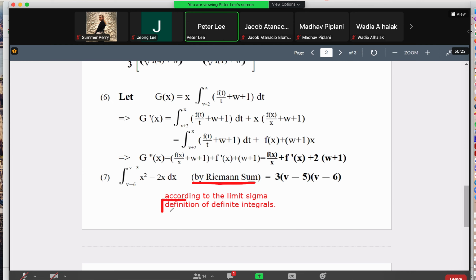If you see this word, watch out. If you see the word definition, that means you have to do the problem by definition. But here, I gave you a long name. According to the limit sigma definition of the derivative, you must get into this limit, and then sigma, and then that's what we call the Riemann sum, and this is how you should have done the problem. And those of you who did not do it this way,